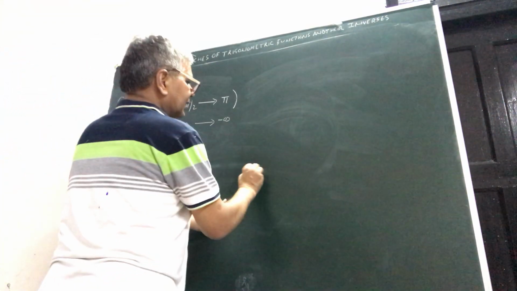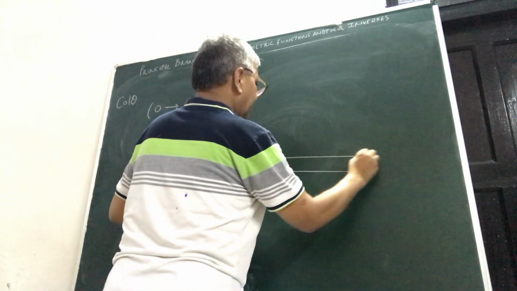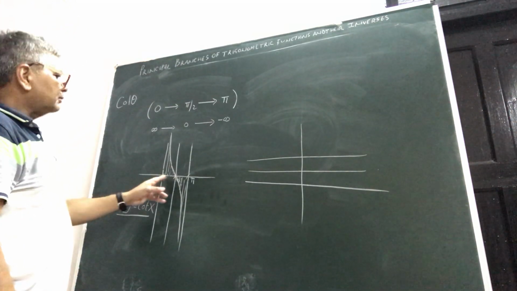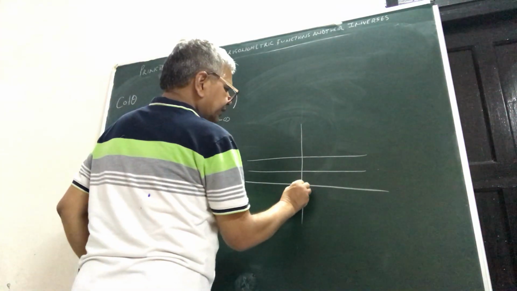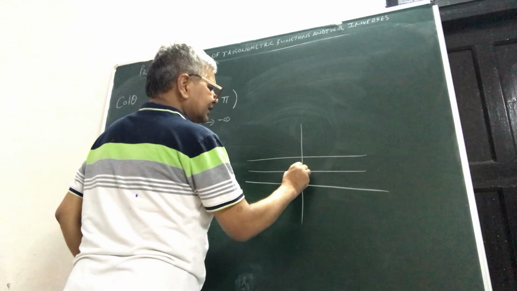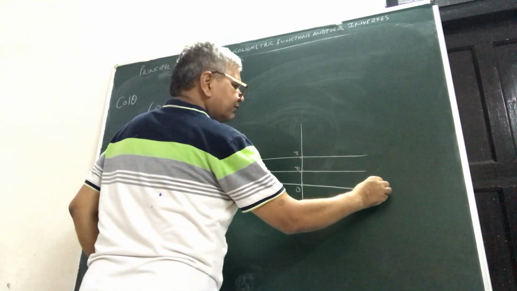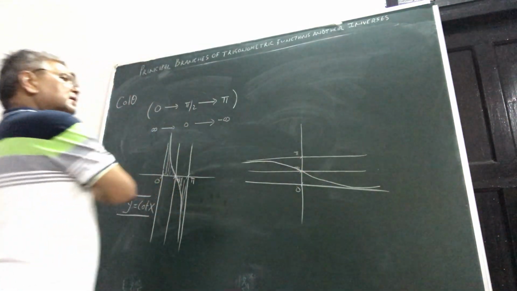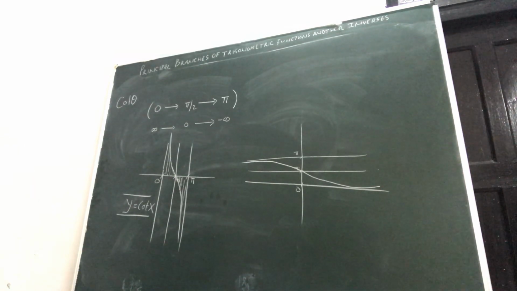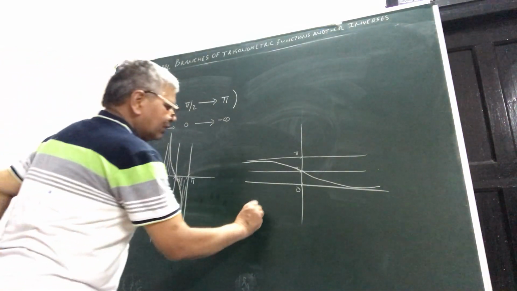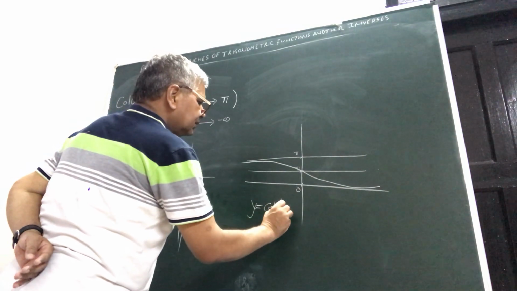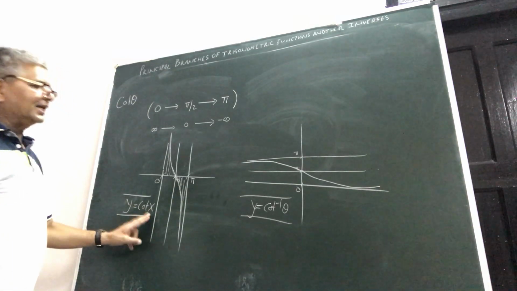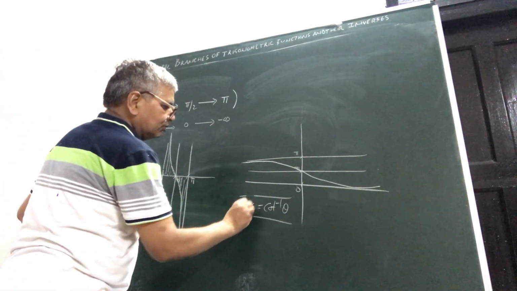And what about this curve of cot inverse x? Suppose you have to draw it. Same thing, in the principal branch, what you need to do is 0 to pi. So here at 0, it is 0 here, pi by 2 over here, and then this is the pi. So it will be going like this. This is the curve of y is equal to cot inverse x, or whatever you feel like you can write. I can well write x is equal to cot inverse theta.